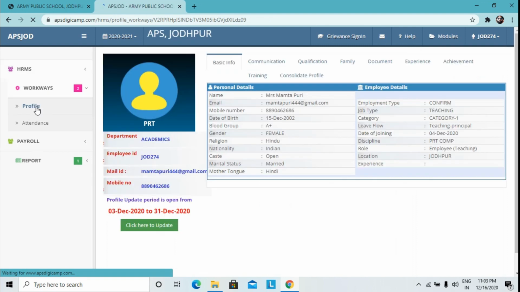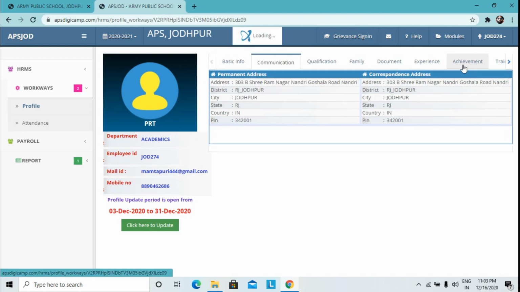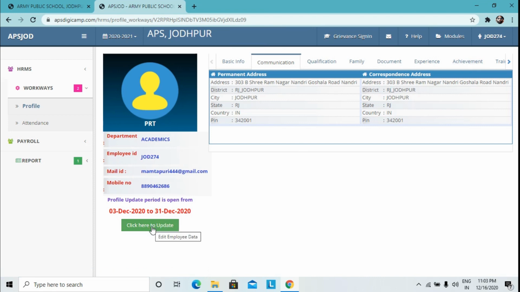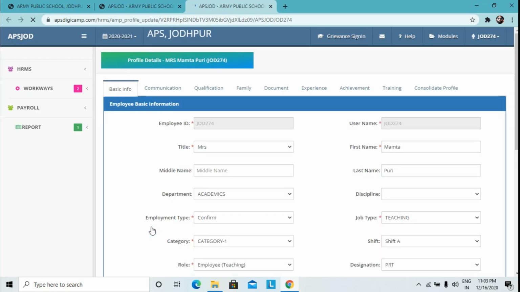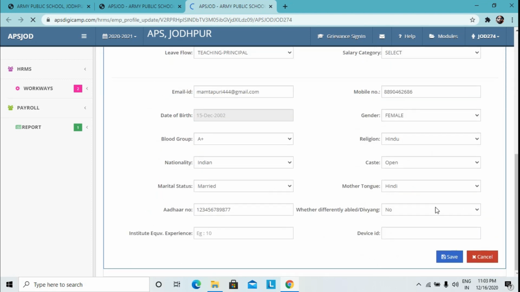When you click on profile option, you will reach the profile page where it is showing all the information about you under different heads. And to update all this information, you have to click here to update. When you click on this, you will reach another page, and this page is telling you all the detailed information about your profile.